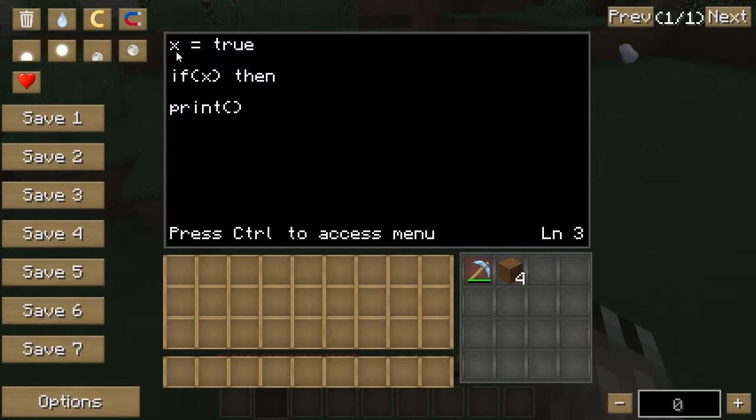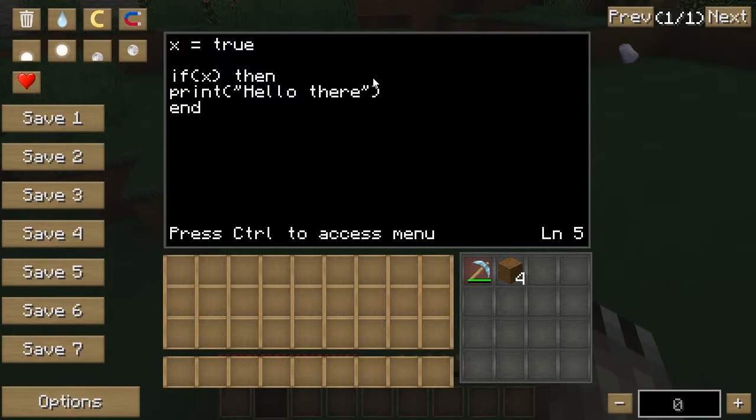But for now, we just have this variable x set equal to true, and we're just going to put that in there. So if x, then, normally it's good practice to go down a line. So you say if then, and then let's just go ahead and use our print statement. Print hello there. And then after, to end an if statement, you have to say end, because what if you had